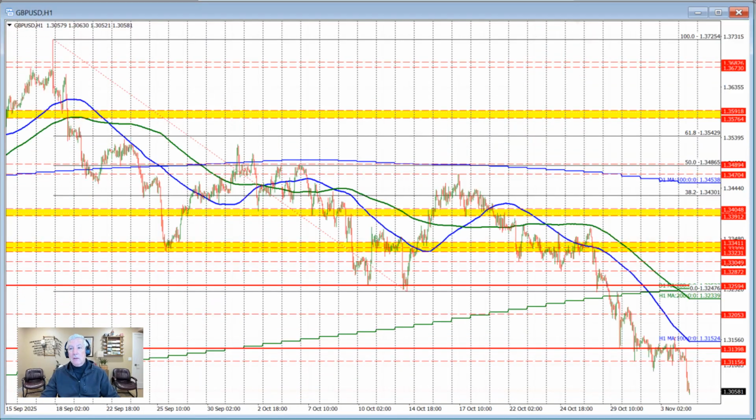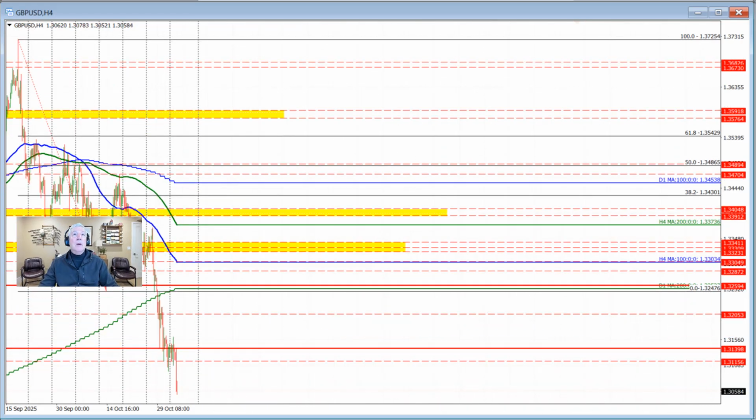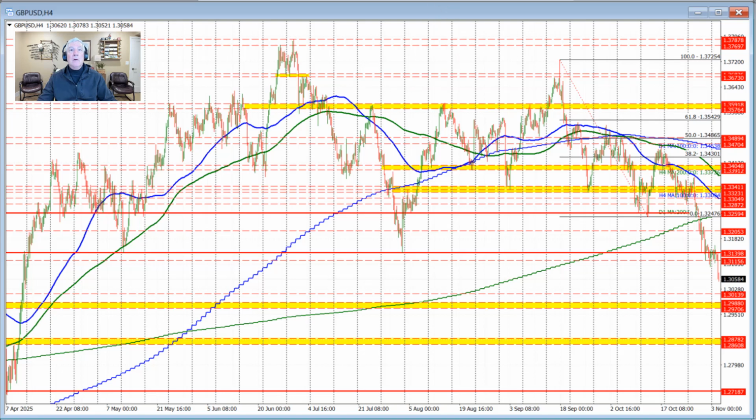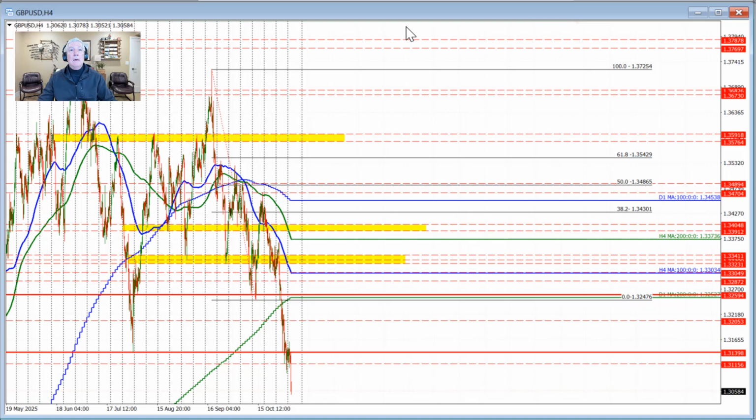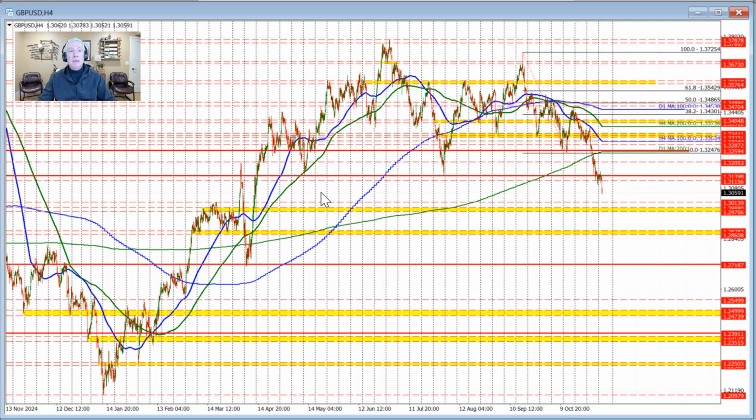Finally, let's take a look at the sterling versus U.S. dollar. And this currency pair, like the euro versus U.S. dollar, is stretching to new lows into the U.S. session. I will put this on the 4-hour chart to take a look at what it looks like from that perspective. And if we go back in time, we're kind of in no man's land here after breaking below this floor here. This is a clearly defined floor at the